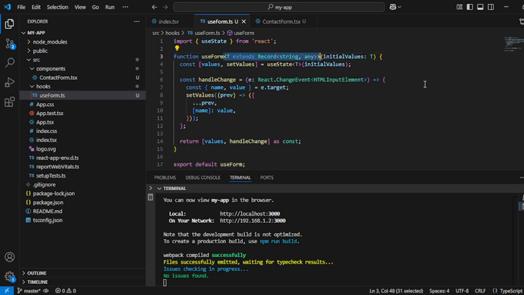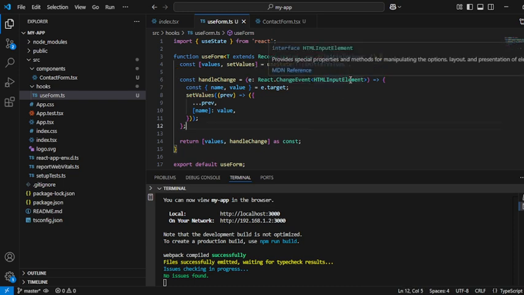So what will happen inside this function, I have created a const, state values, initialValues. The initial value of values is initialValues. Fine. Now const handleChange function. What it is going to do, you can see inside e colon React.ChangeEvent. Simply we cannot add e because it will throw an error. It's a TypeScript project, so we have defined it like this.